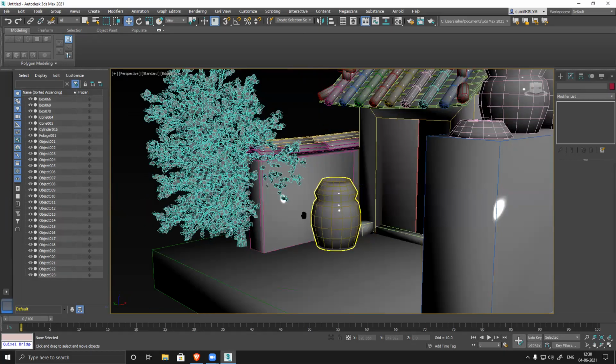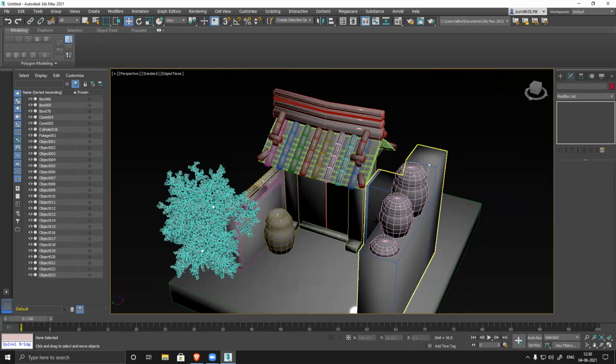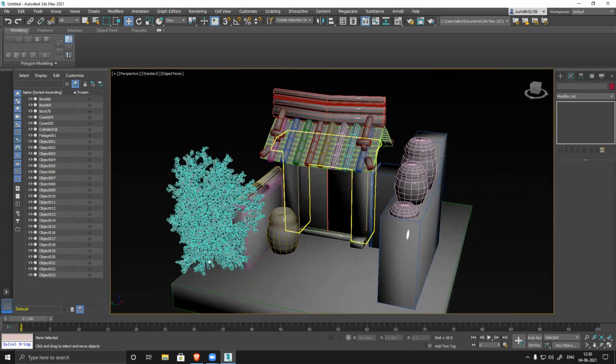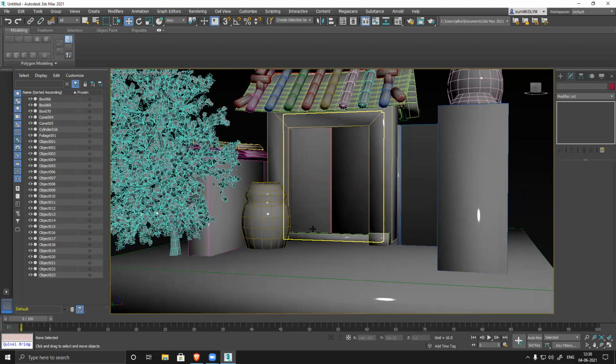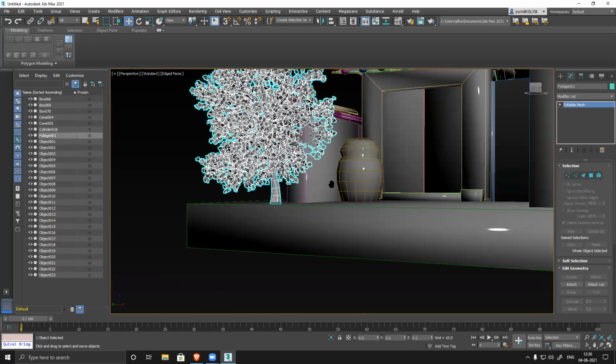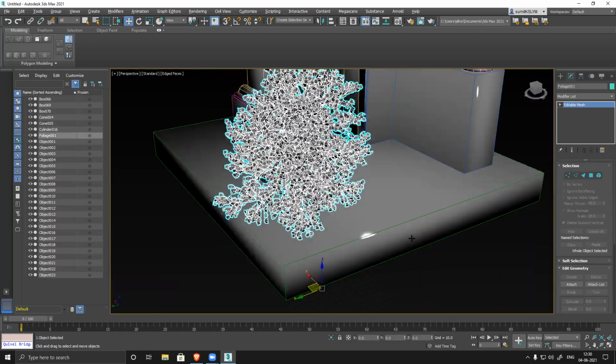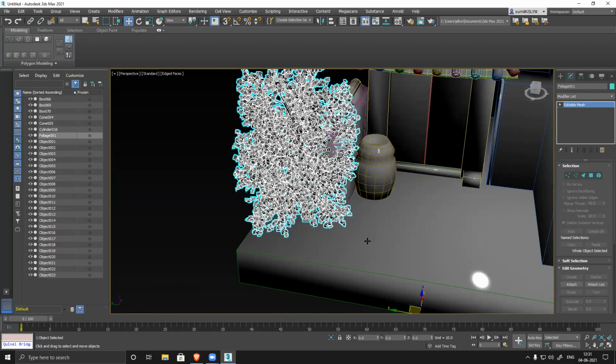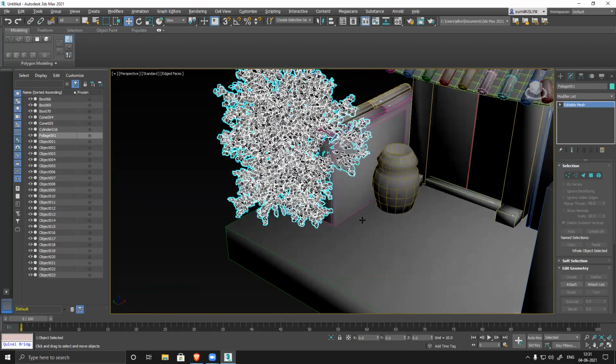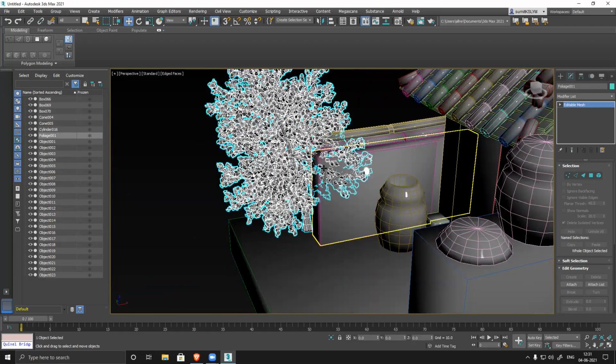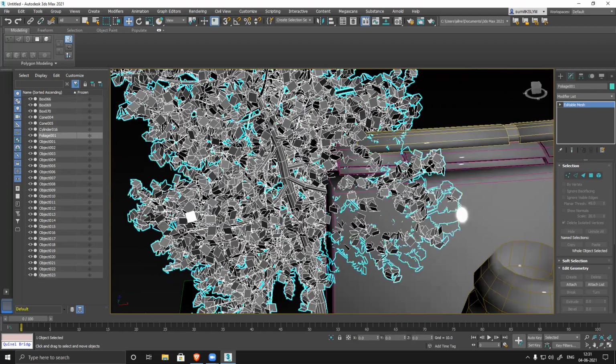Okay, I can see you have added all those things also. Good. You added this from some library, right? So it already has texture and all, I believe. Yes, sir. Okay, as of now you can use it. Technically what I prefer is, okay, don't worry. In environment 2 I'll tell you how to create this tree within like 5 minutes.